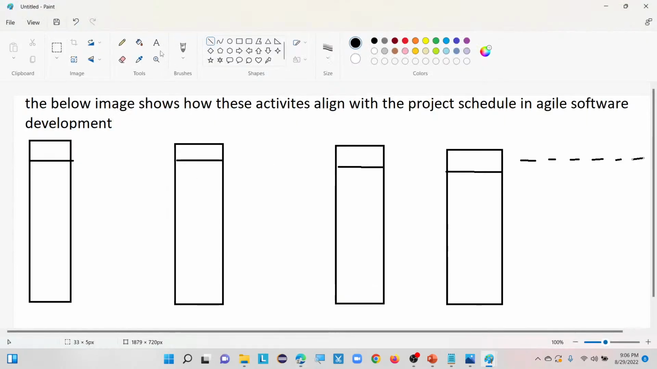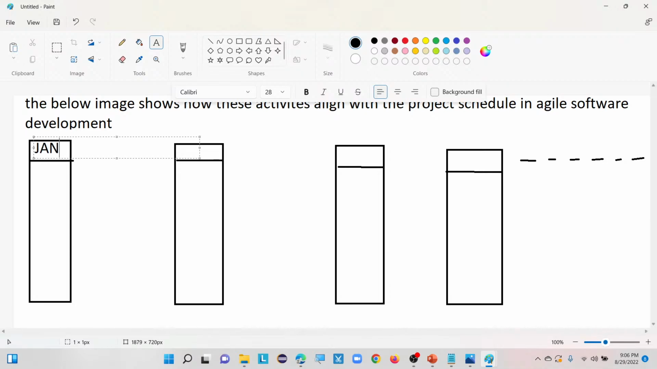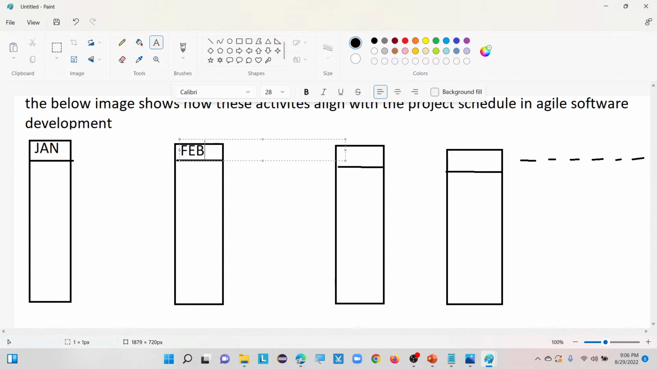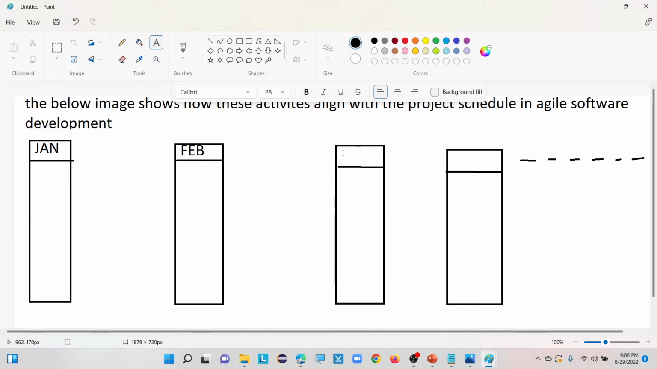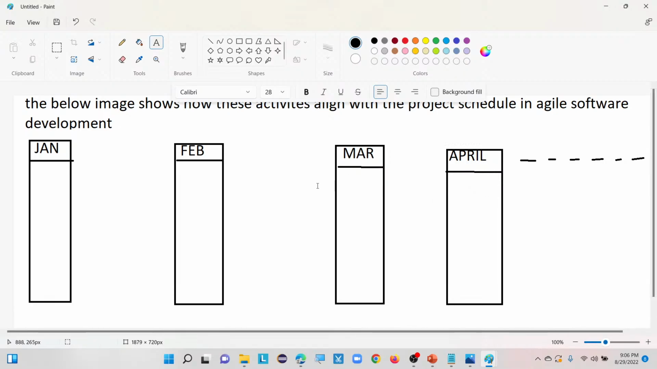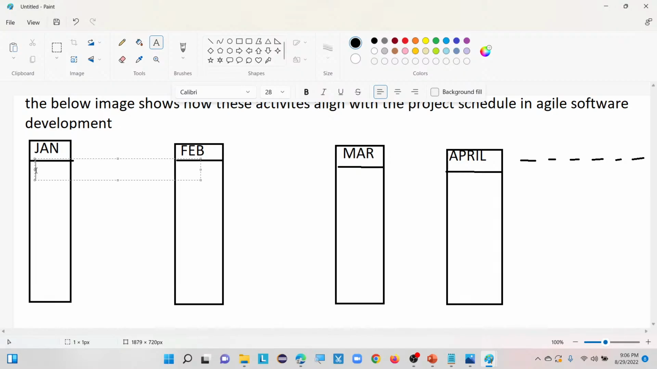So here these are all months, right? The first is January, coming to the next one it is February, then March, and coming to the next one it is April. So now we will see. What is our first step here? Requirements and analysis,